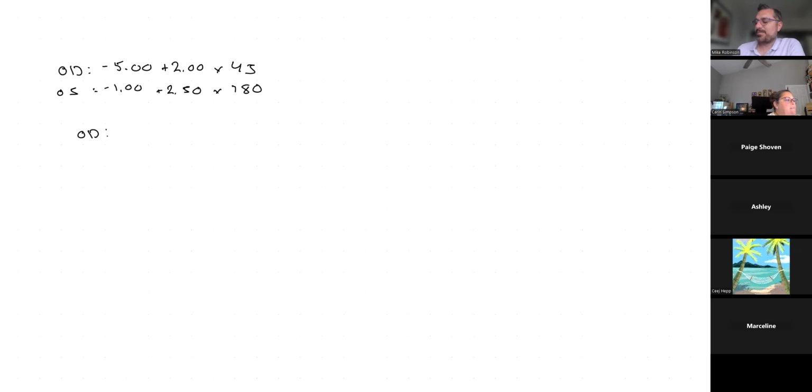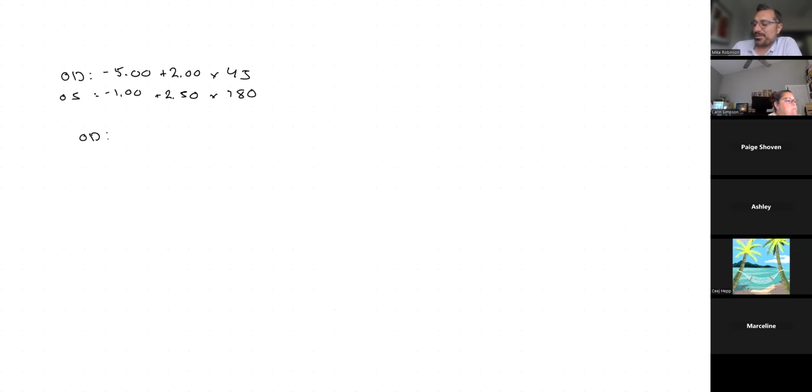But that's the best way to do it. And I've gotten to the point where I can look at it and somewhat memorize what's going on. So I would take the +2, I know it's half of that, +1, add that to -5, which gives us a power of -4 in the 90 for the right. And then the OS,